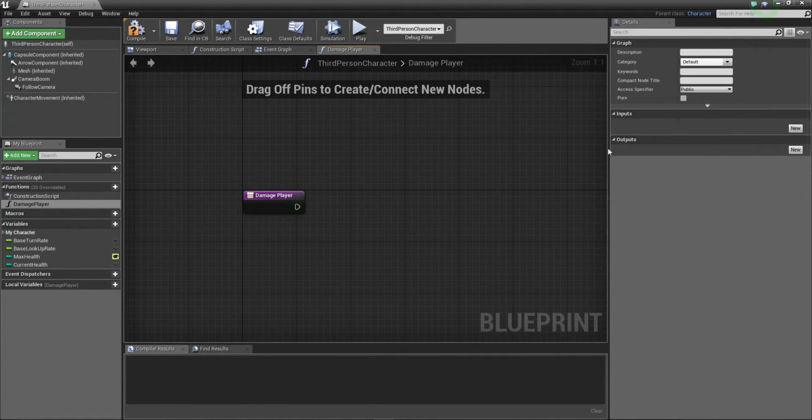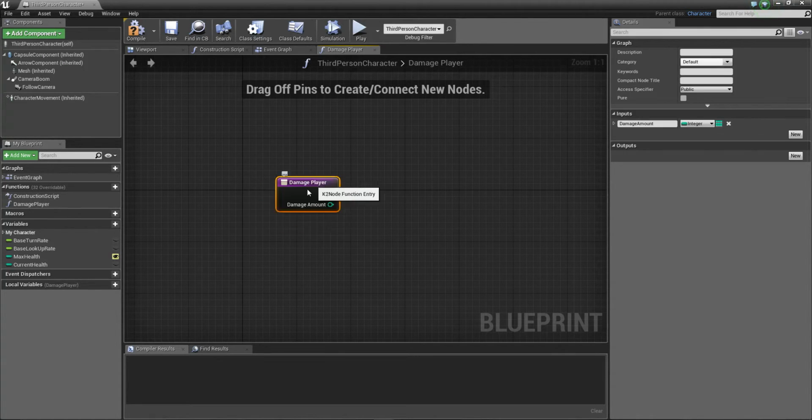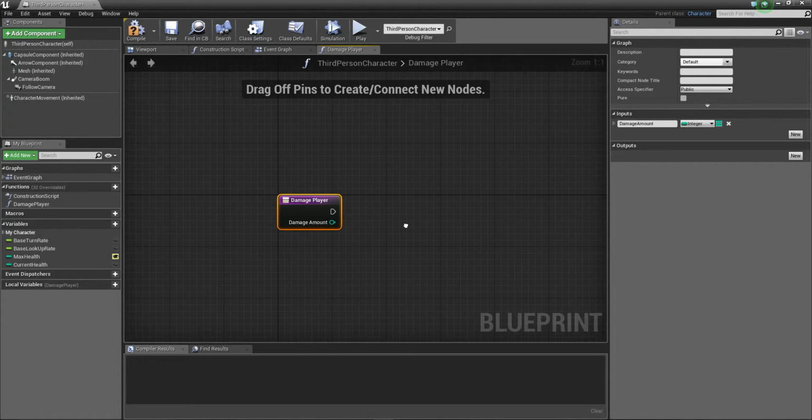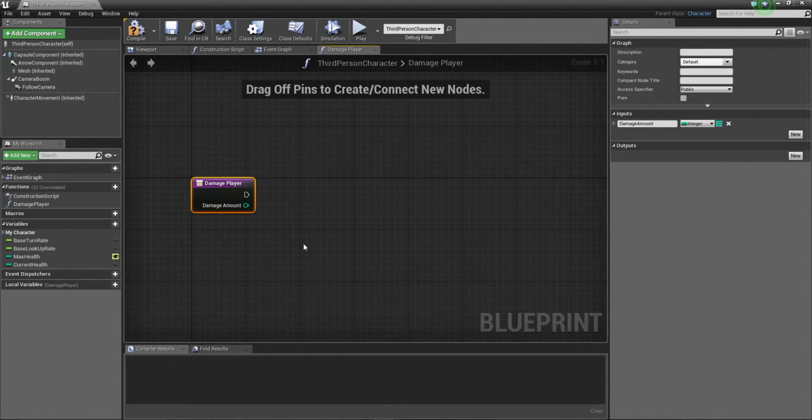I'm going to add an input to this. So I'm going to click on new, give this a new parameter. Let's call it damage amount. I'm going to make this an integer, and what this means is that we could actually use different objects to send different amounts of damage to this when it's called. So again, another little bit of functionality. So with damage player,